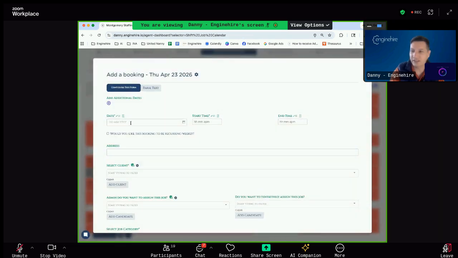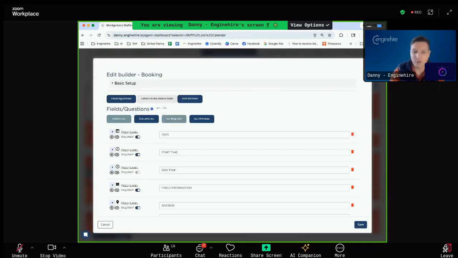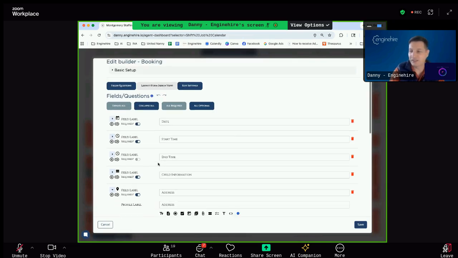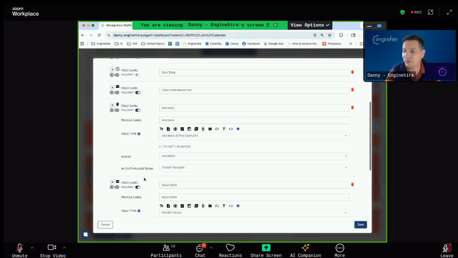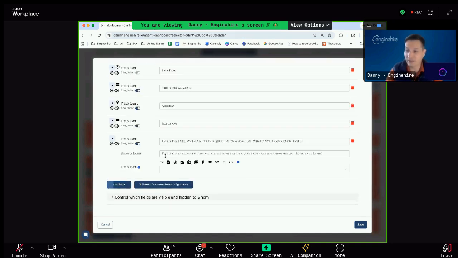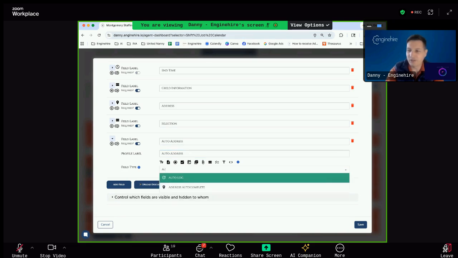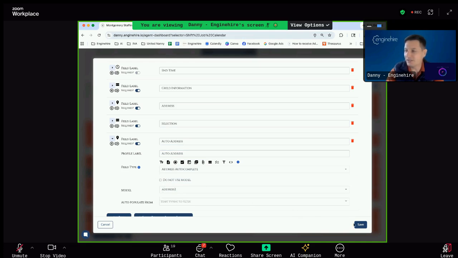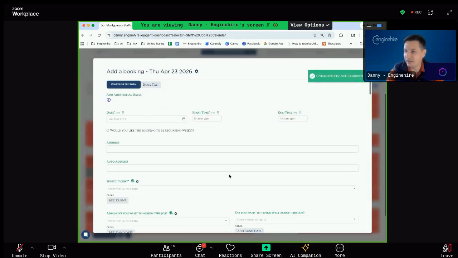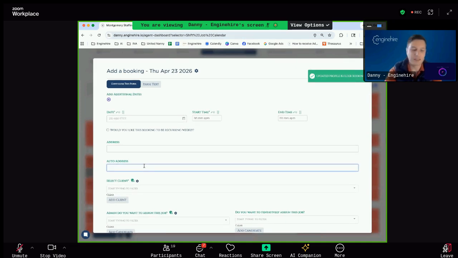So let me just click on a date. We'll do configure this form. And I have addresses here, but I don't really want to mess with that one right now. So if I do like, nobody would ever, you'd never want to show this, right? But address, 2 Ds or 1 D? Yeah, 2 Ds. Auto address, and then auto address complete. And what this does, if I go back in here, is